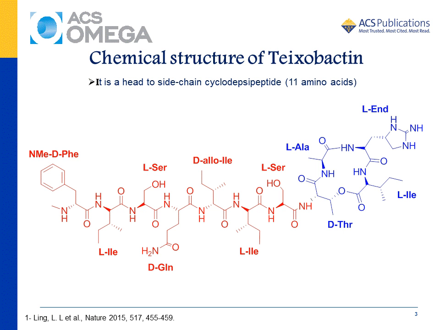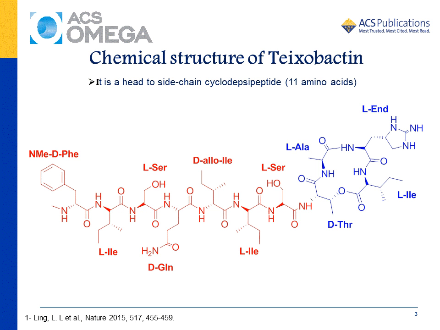Okay, let's take a look at the chemical structure of Teixobactin. As we see here, Teixobactin is a head-to-side chain cyclodepsipeptide. Why head-to-side chain cyclo? Because the cycle is between the alanine head amino acid and the L-allo-enduracididine side chain. And it is a depsipeptide because it contains one ester bond between the hydroxy side chain of D-threonine and the carboxylic